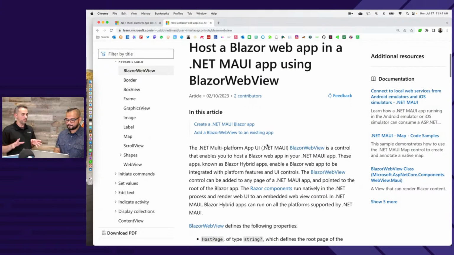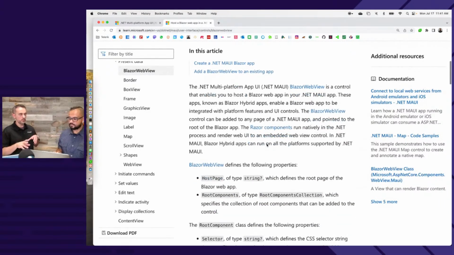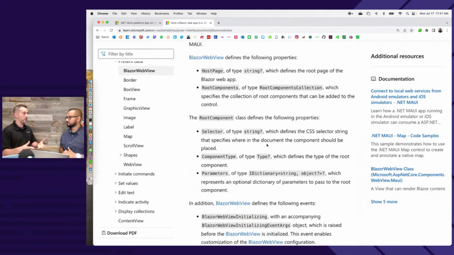What's nice about the WebView is you can choose which type of update model, but I think the default is like the evergreen update model. So whatever device you're running on, whether it's Windows, Catalyst, Android, iOS, you're going to get the latest version of that device's OS level browser. Yes. And you can expect things to work.